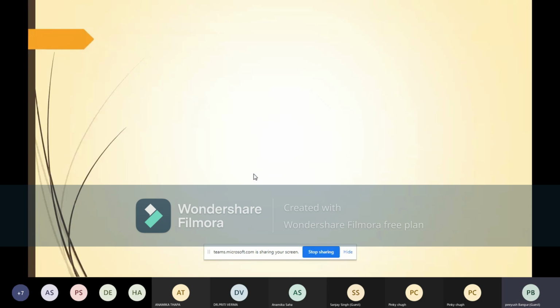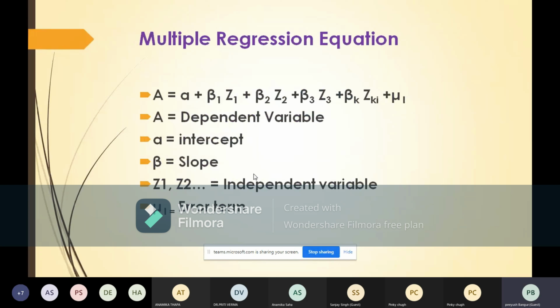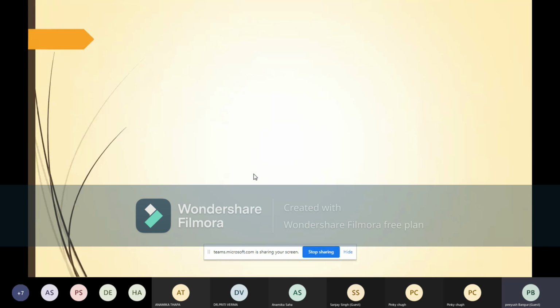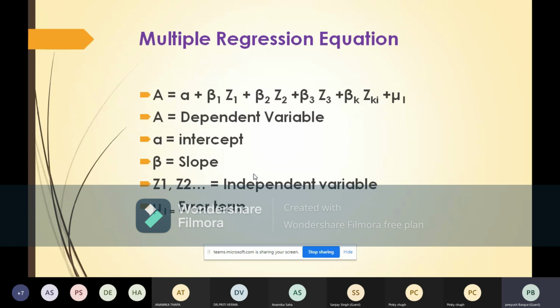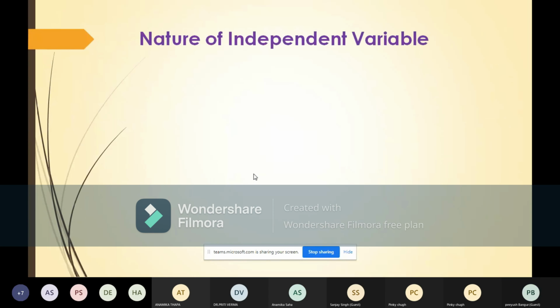Up to this slide, does anyone have any doubt? I am asking all participants. Are all concepts clear? Because you will not be able to understand the assumptions without understanding all these equations. Anyone? Yes, sir, I have a doubt. Yes, please. Sir, in the simple regression equation,